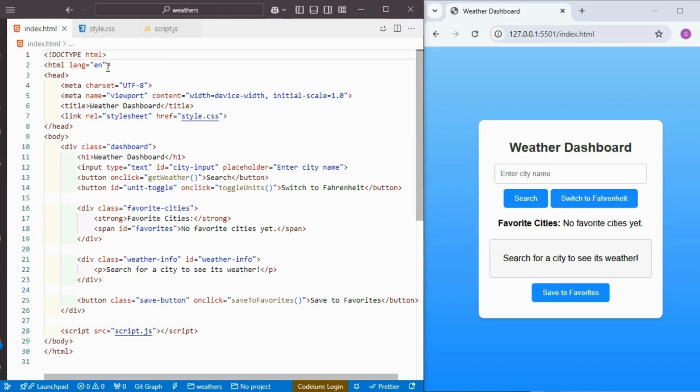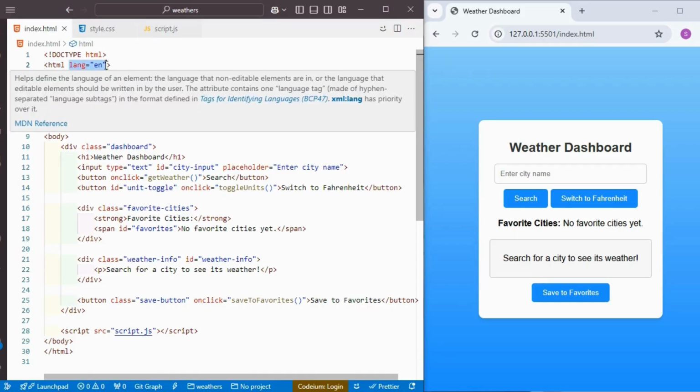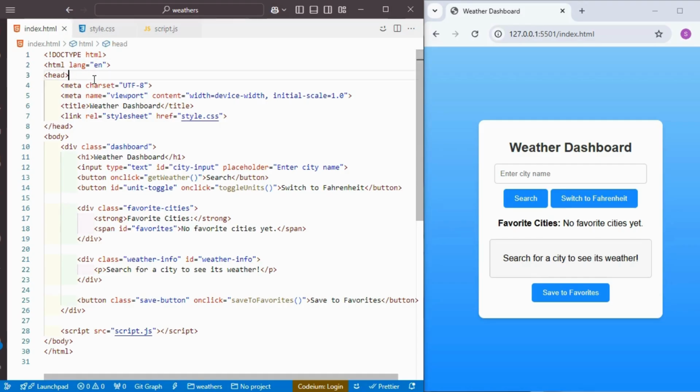So I am taking first the doctype of HTML. It specifies a version of HTML; currently we are using the HTML5 version. Then after that, take the html tag, with the language set to English. Then after that, take the head tag, where there are a lot of methods that can be linked up for this page,